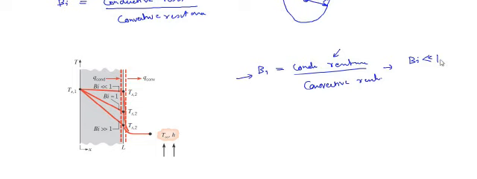So if the Biot number is very small, that is much less than 1, to be precise, if the Biot number is approximately 0.1 or lesser, in that case we can use the lumped heat transfer approach, which means that we take this metal as a whole, as a lump, and we assume that the temperature gradient inside that metal, or any substance, is very